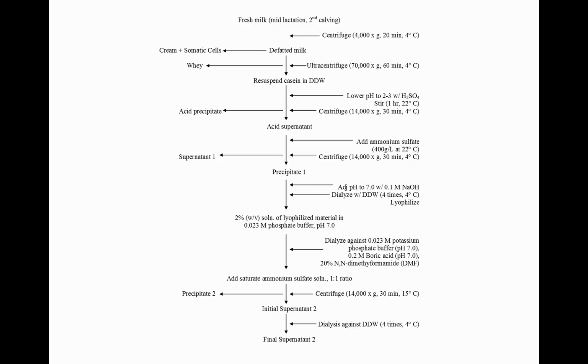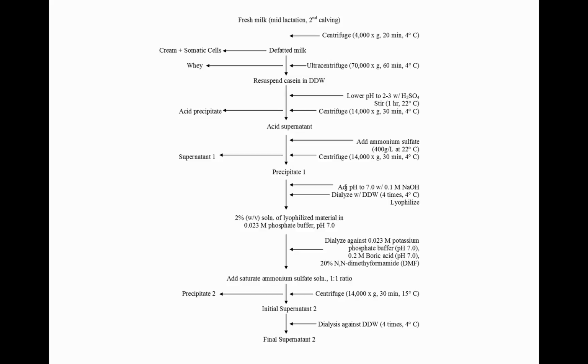So we throw away the precipitate and we take the supernatant. At this point, we salt. We add ammonium sulfate. We precipitate what we want, because we know that now our protein is precipitated, and we throw away the supernatant. Adjust the pH, remove the salt,